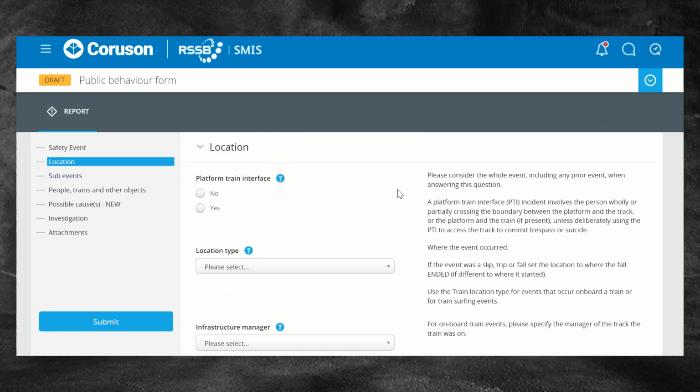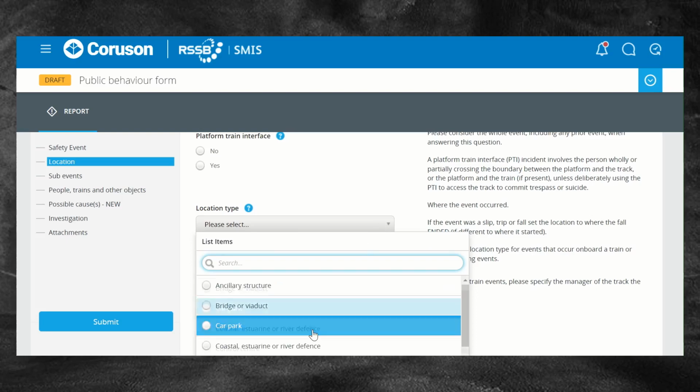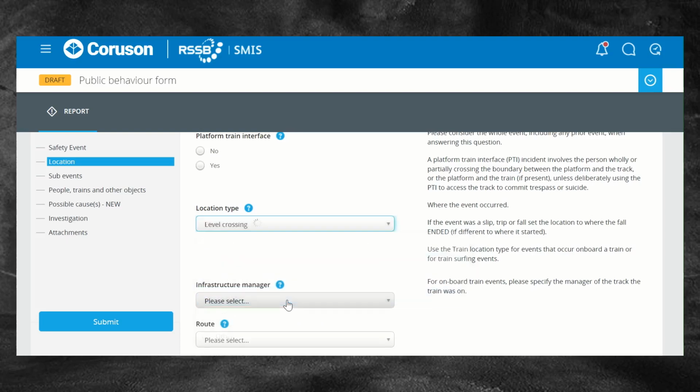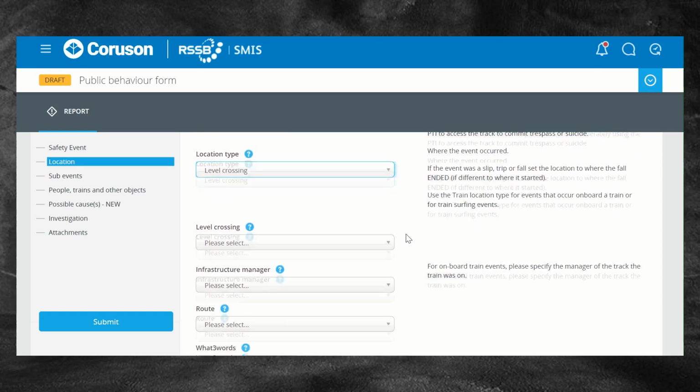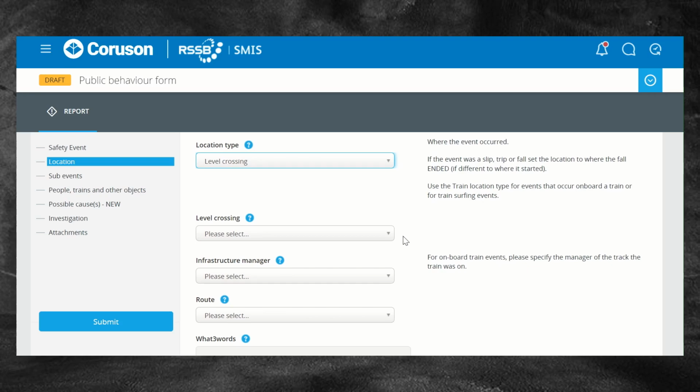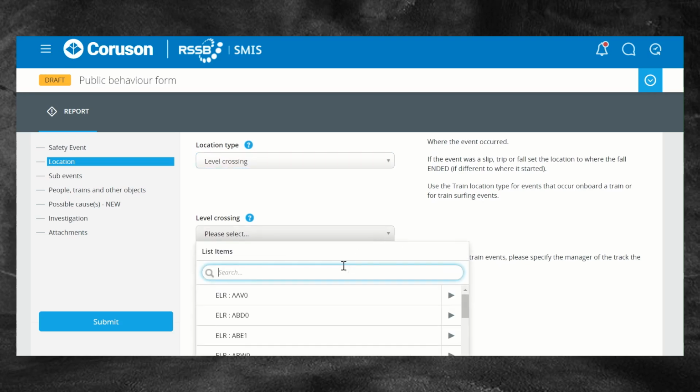Remember, we are just looking at this from the point of view of level crossing misuse. So for the majority of these events, the location type should be selected as level crossing, as shown here. The level crossing asset list pops up underneath, and then you can select the level crossing from the asset list. So for example, if I was going to select Watford North,